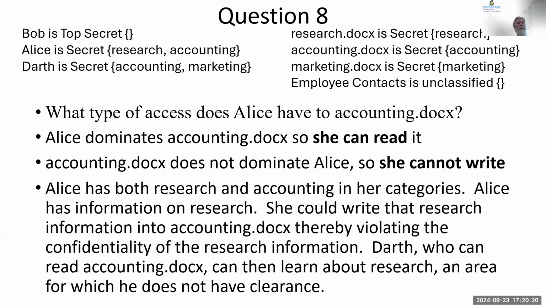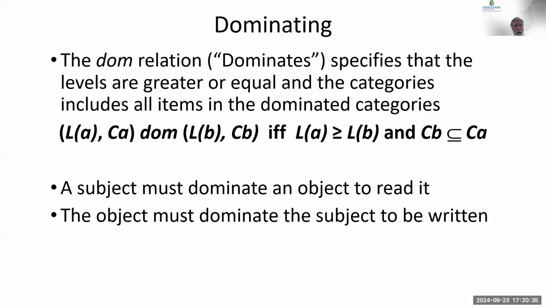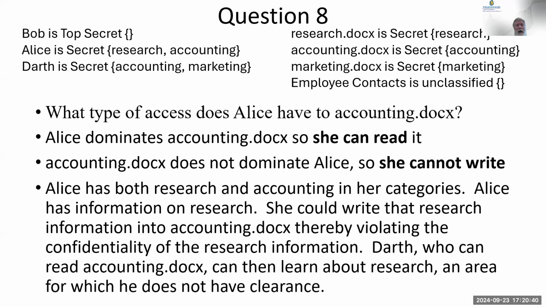Yes. Well, normally you should be able to read and write, but you have to remember the categories. We talked about the Bell-LaPadula model in 2 phases. The first phase, yes, it was just levels, and she could have both read and written to it. Then we added the much more complicated idea of dominating, where we had categories. And because Alice has categories that the documents don't have, she could not write to them, because she could then release information in another category. Do you have a question?